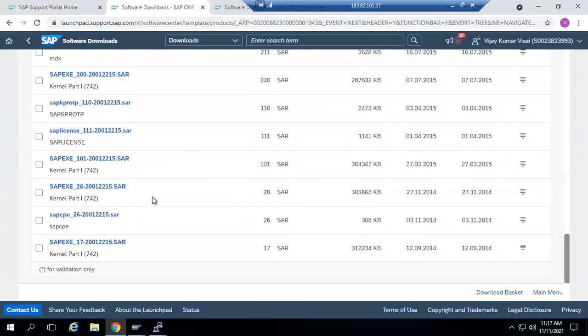So this is the SAP EXE 28. You need to download what is next after 28, which is 101. I will download this one only. I'm not jumping to the highest. See carefully what you're downloading. If you download this one, it will not work. You need to download this one, the SAP EXE version .SAR file.